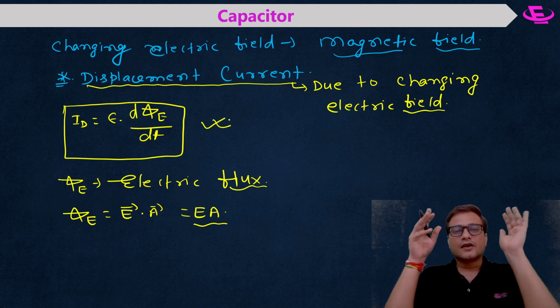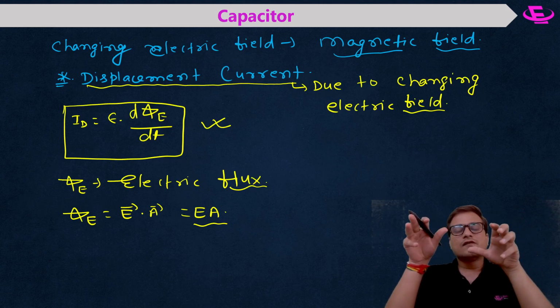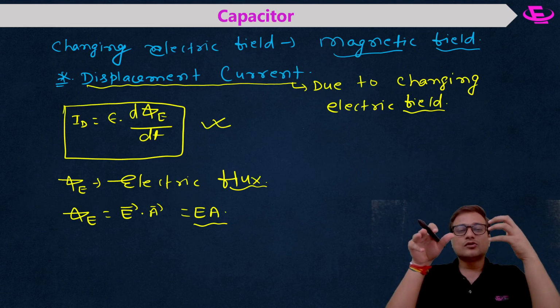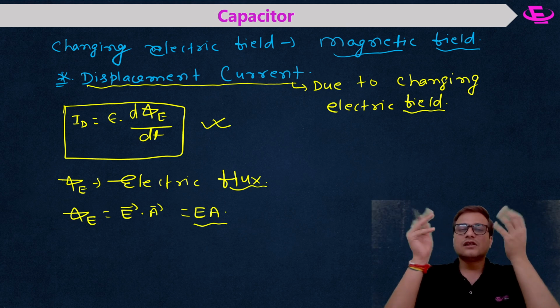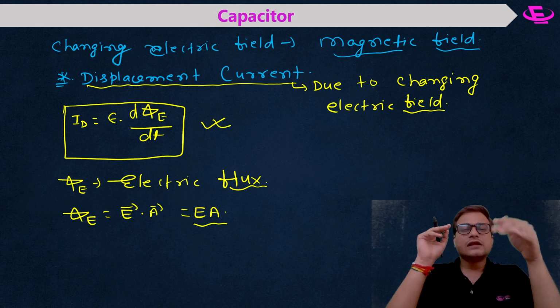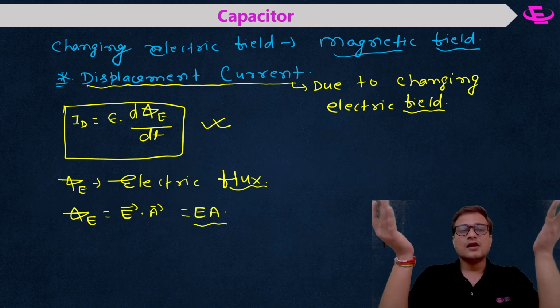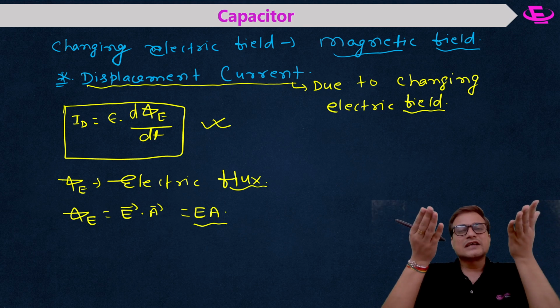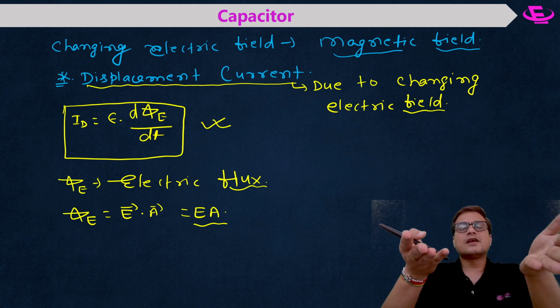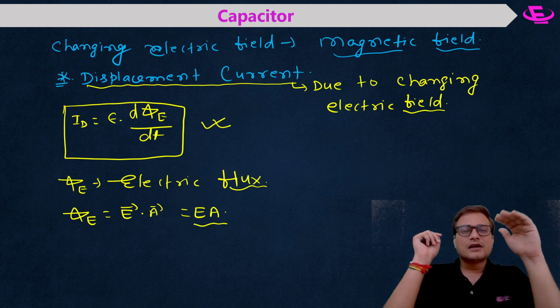So if any interviewer asks you such a question, how current flows through a capacitor, you will have to tell this type of answer. You will have to tell the phenomenon of displacement current, because if you don't answer in this way, then they will think that your knowledge is zero, and they may think that you have not studied physics properly. Because if you have studied in class 11th and 12th, then you have definitely studied this concept, the current through a capacitor.